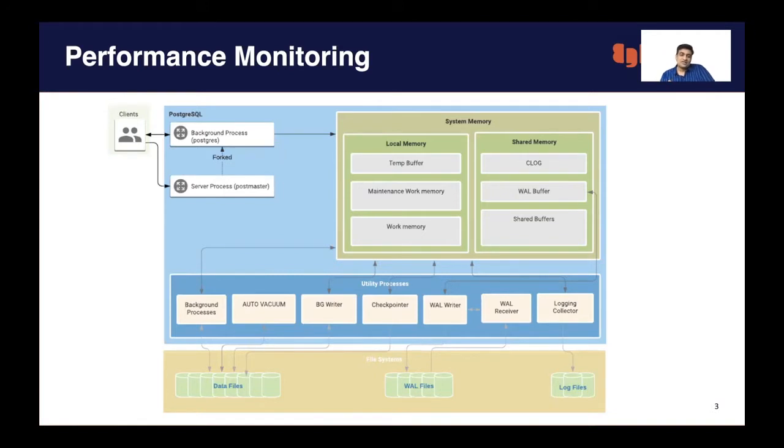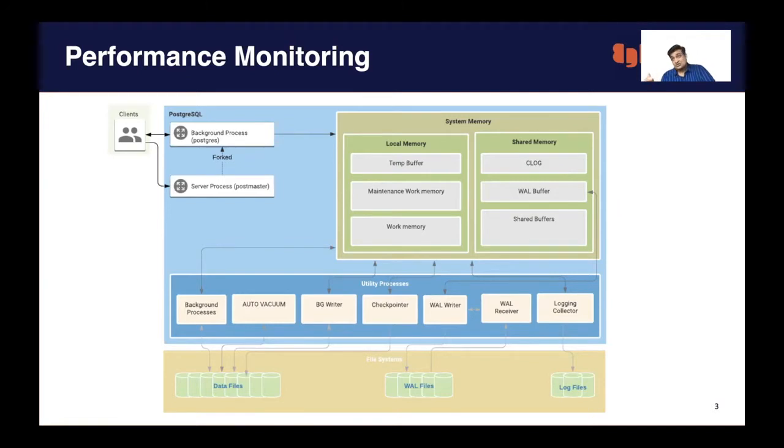Then comes the background writer, which is a process writing the dirty buffers into database files. Then the checkpointer: at every regular interval a checkpoint occurs, dirty buffers are written to files, and this is done recurrently. Next comes the logger, where all the logs are written to files.